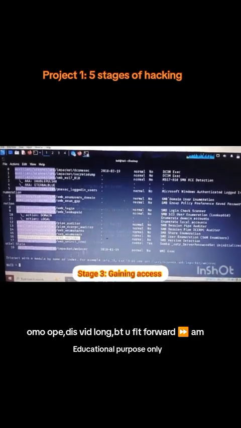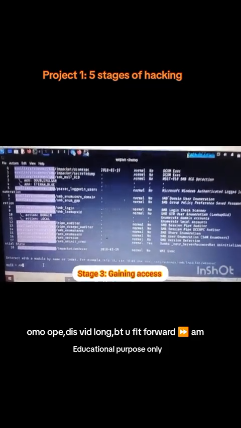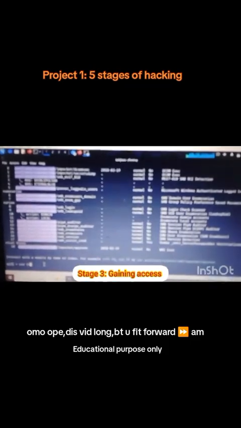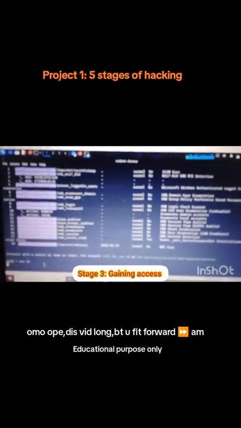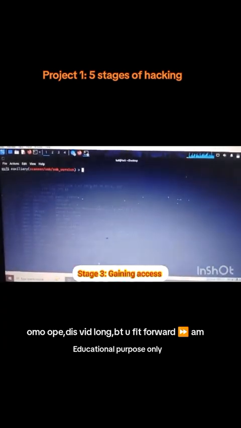So we'll just say use 16, because it's number 16. Now to use that particular one, then I can run it. Let me clear the screen so that you can see clearly. I'm already using that scanner now. I want to know the exact version that is running on that software. So if I run it,